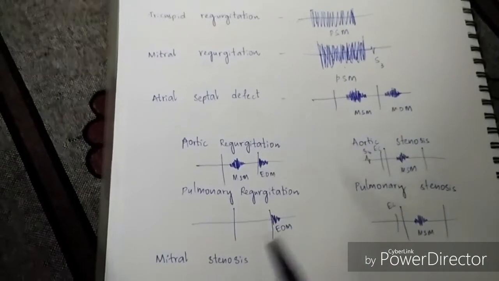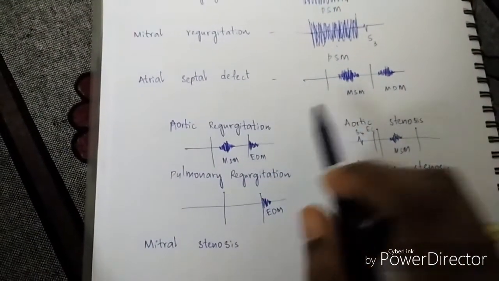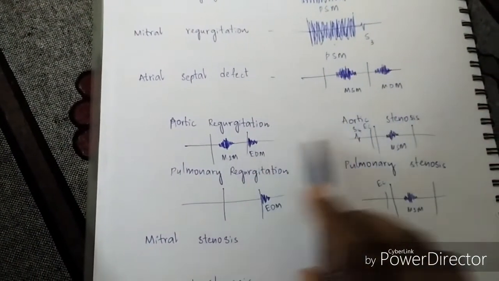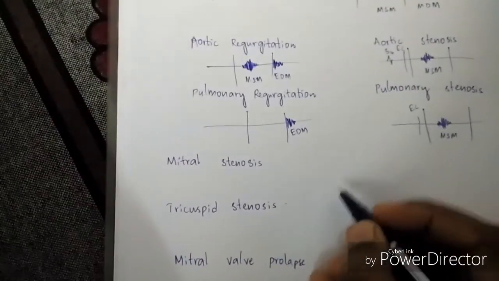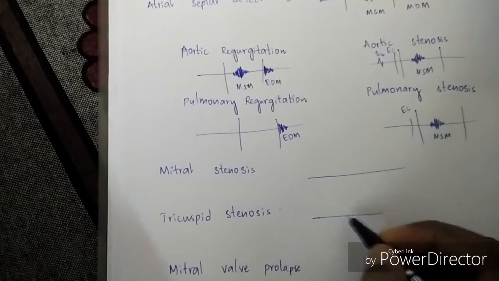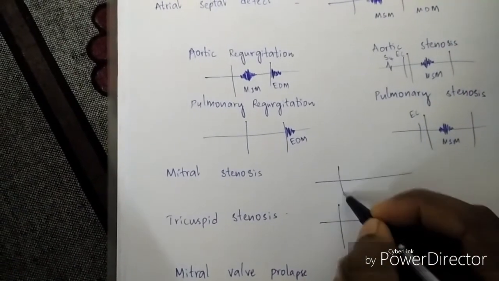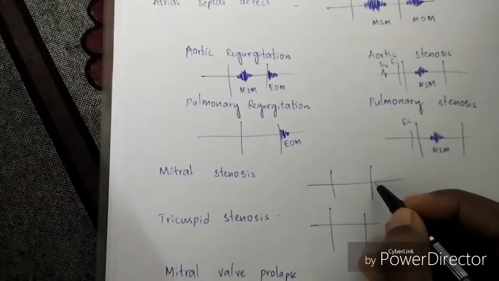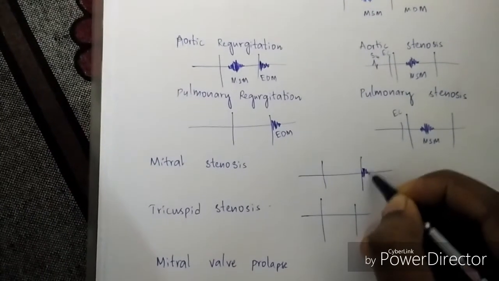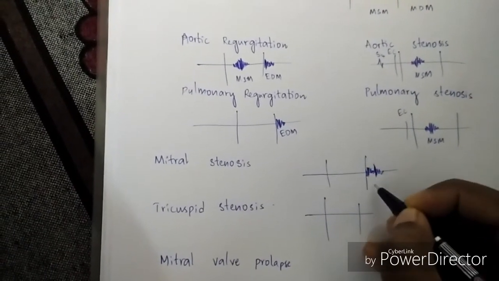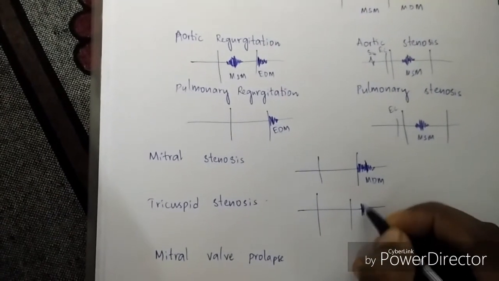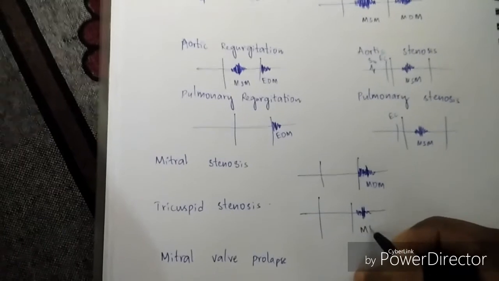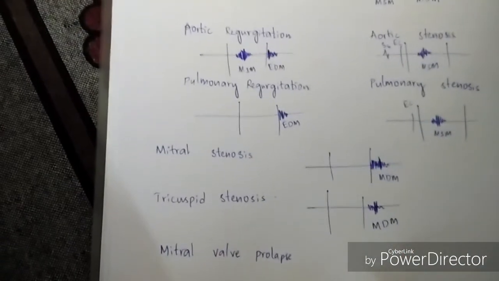We have already done mitral and tricuspid regurgitation, if you can remember. Now let's come again from this ASD. In this ASD, we have taken MSM and put in all these three, and we have skipped this one. Now let's take the mid-diastolic murmur and put in these two. This is mid-diastolic murmur. We have put it in mitral stenosis and tricuspid stenosis.